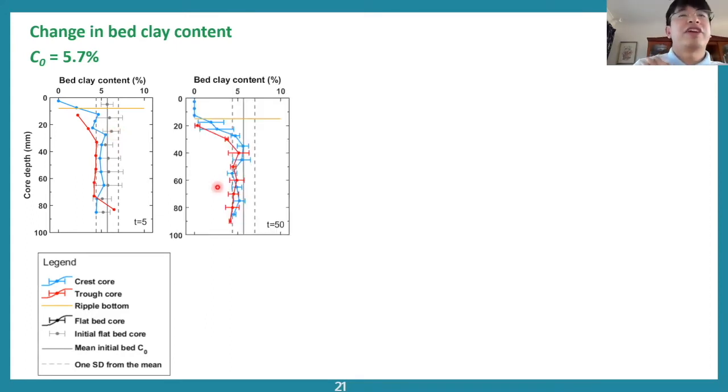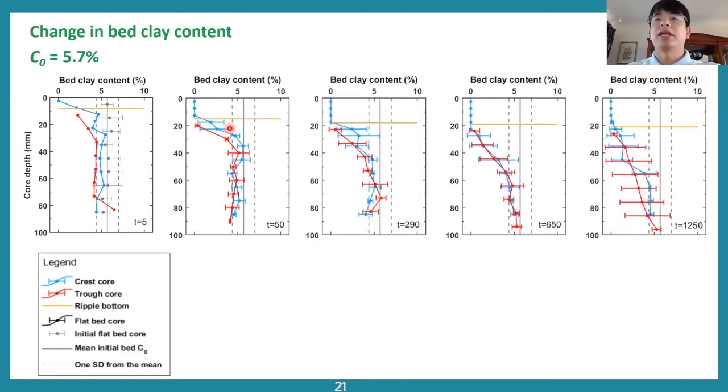At 50 minutes, with the ripple's height increased, the sediment cores demonstrate all of the clay was already lost in the ripples, and the layer below the ripple base continued to lose clay. And from 290 minutes until the end of the experiment, the sediment cores display clean sand ripples